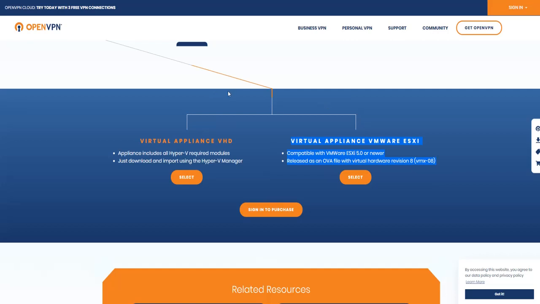Hello guys, welcome to another tutorial on how to install OpenVPN virtual appliance on VMware ESXi, VMware Workstation or VMware Fusion. For this tutorial, we're going to be focusing on ESXi, but the steps should be the